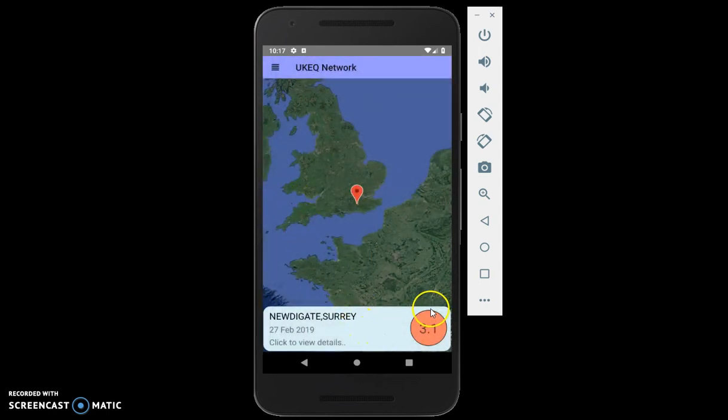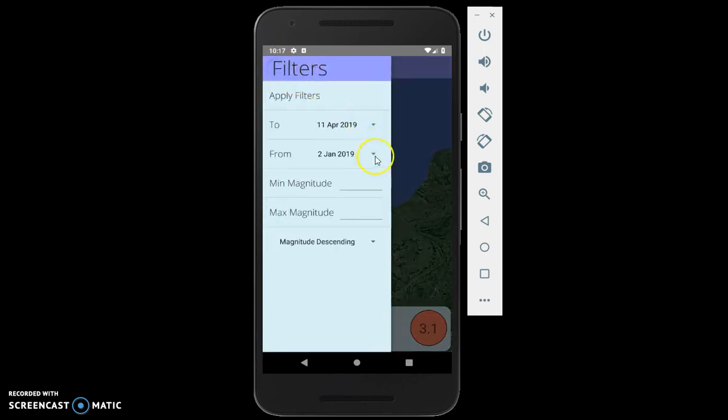And here we can see the earthquake we found with the highest magnitude, and that occurred in Surrey, and it was a magnitude of 3.1. We might want to find more specific earthquakes, in which case I'll just set my date threshold from the 2nd of January,